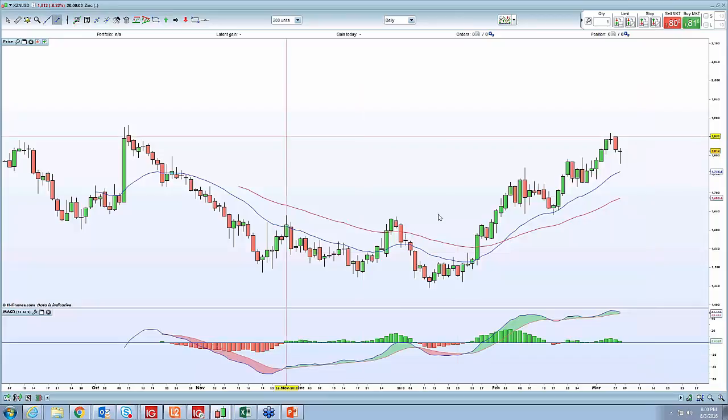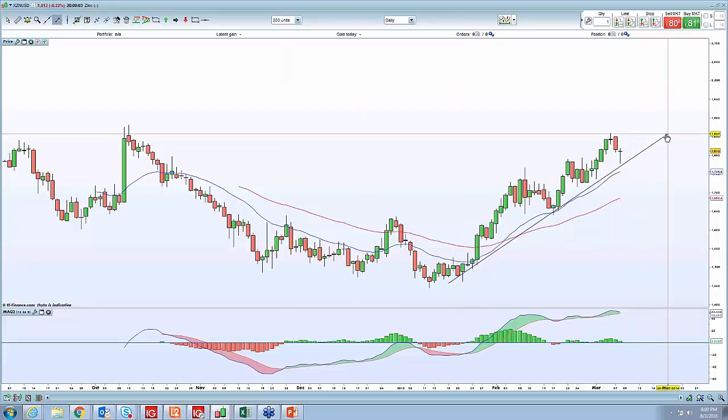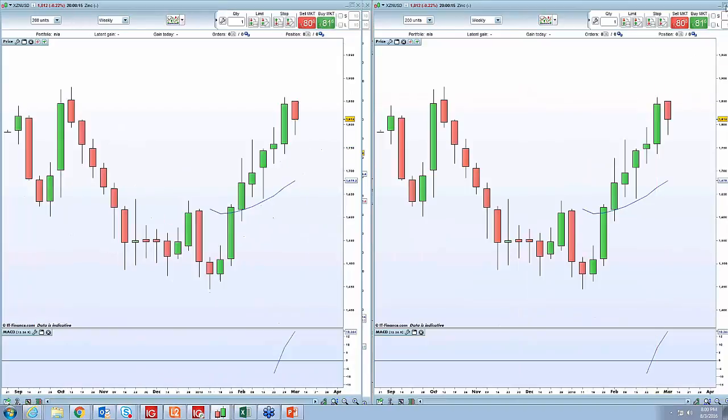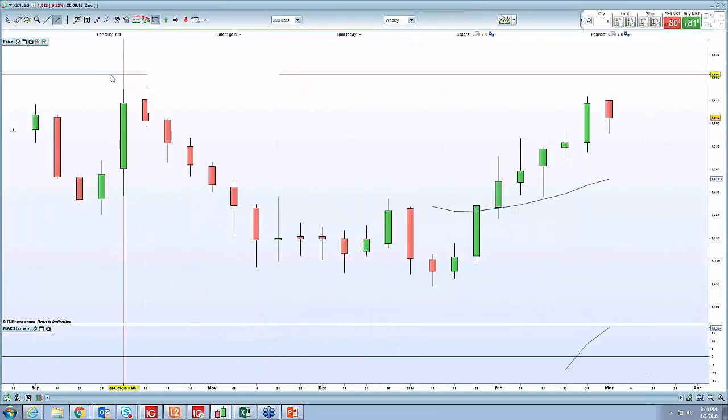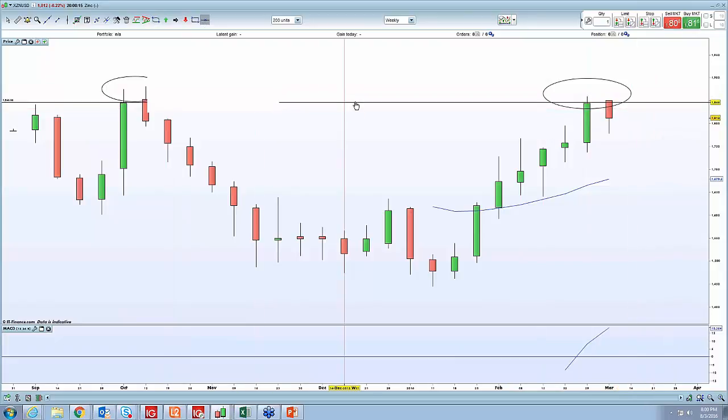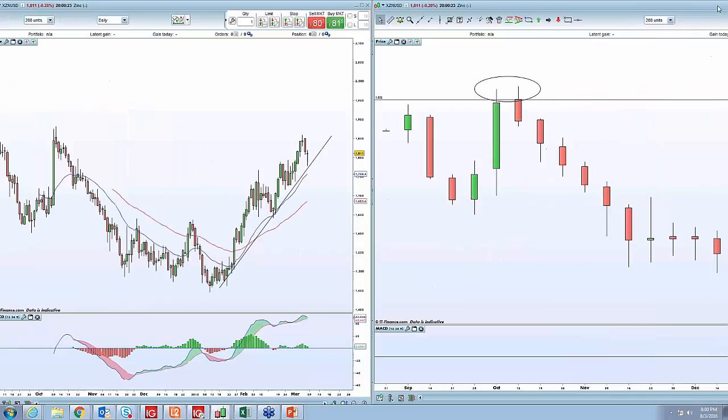There's a bit of a trend line here. This trend line should guide you. Based on the limited charts I have, this 1850 is very important. You're right. Okay, so short-term trade,